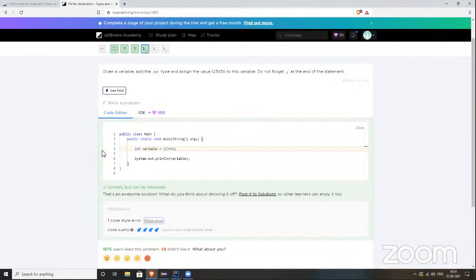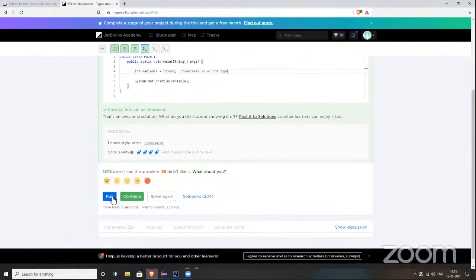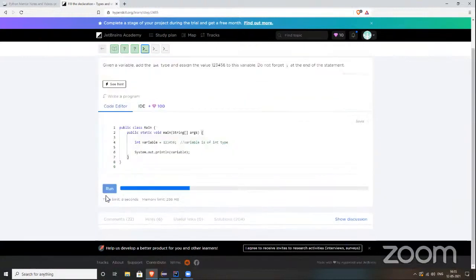You add a comment there, add a comment that the test variable is of int type. So it can show a style error due to this also if you don't comment.